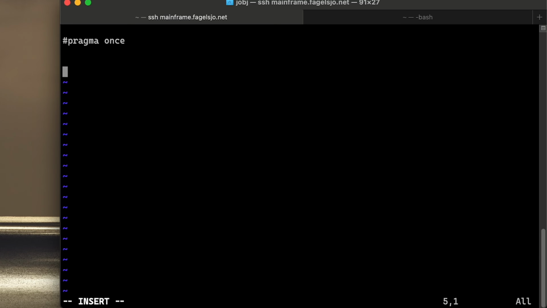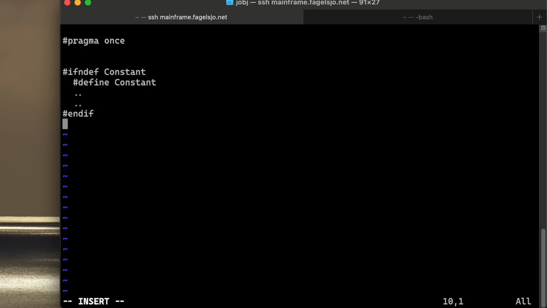We used to do it something like this. We could say that if not defined, and then we had some constant, then we were to define this constant, and then we have our entire .h file,